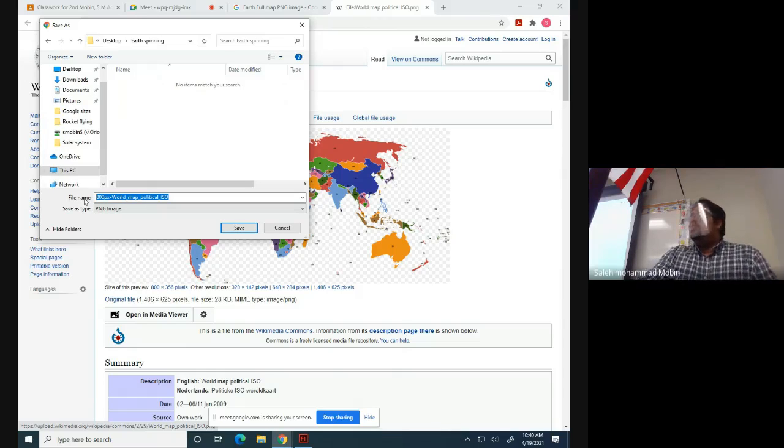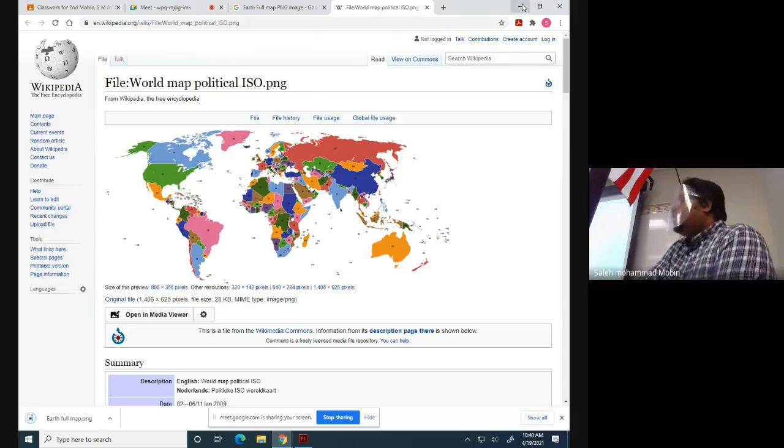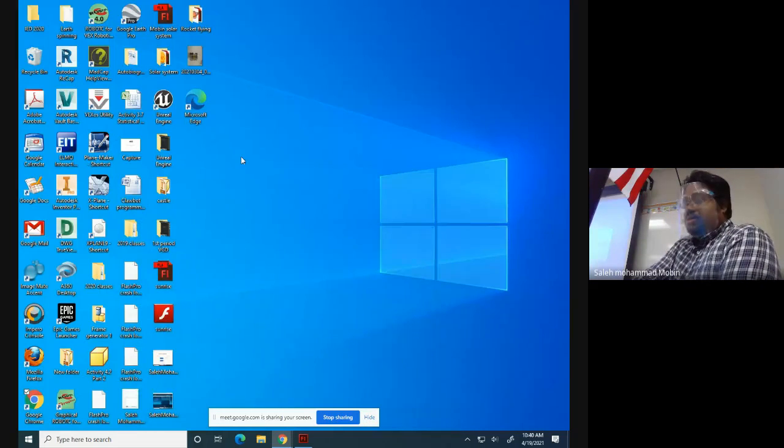And then we are going to save this image inside of that folder. So you can change the file name like art spinning or art full map. If I want to change the file name to art full map, and then select save. Now you have saved an image of art